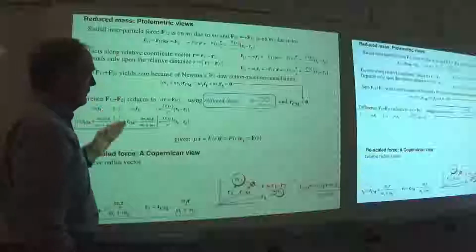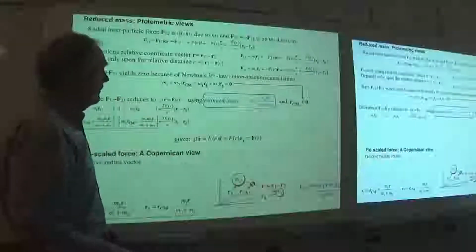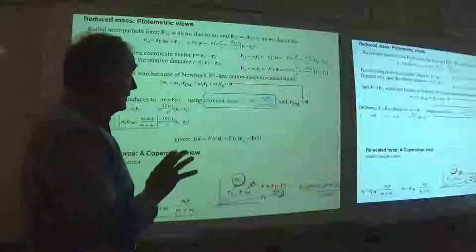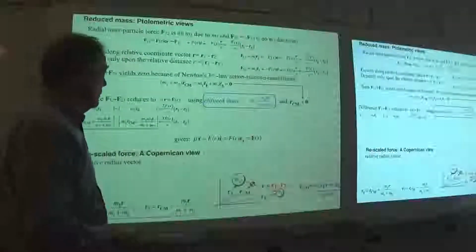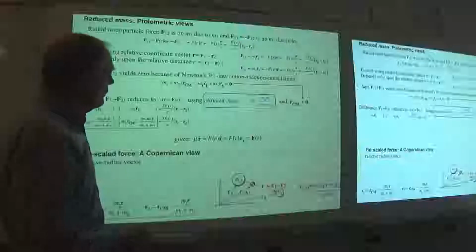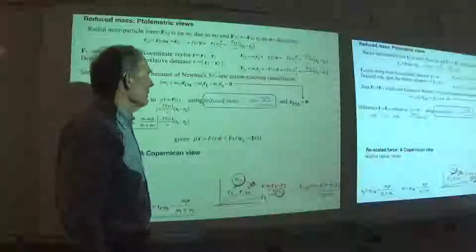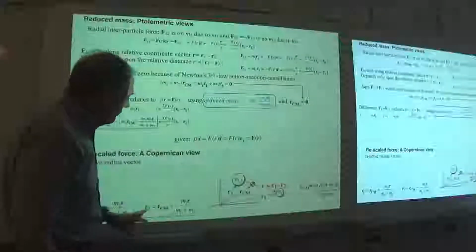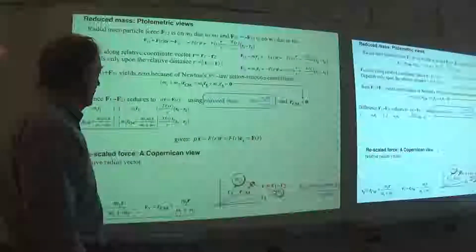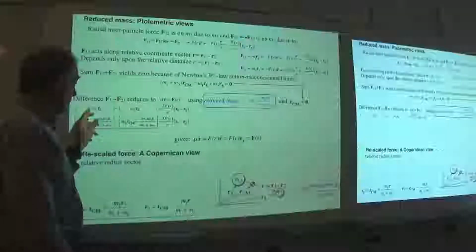But I want to go ahead here and do a little bit of the analysis that lets us think about what's happening in a 3-dimensional collision of two objects. So there's this idea of the reduced mass that comes up here. And that kind of comes from these two factors. The basic idea being that this